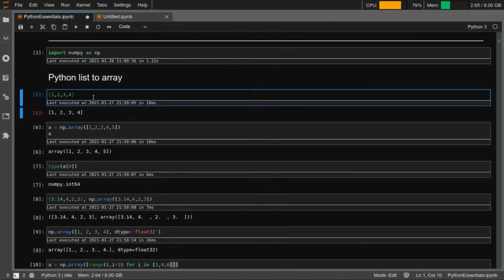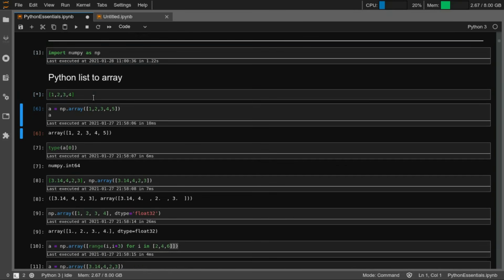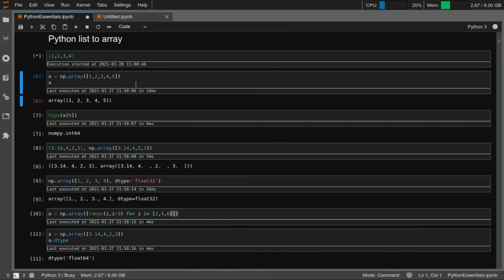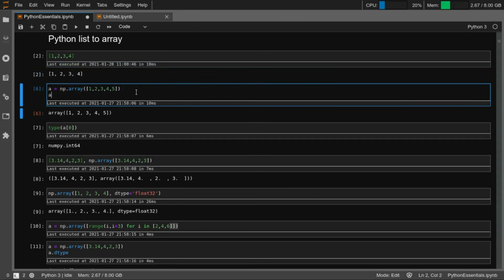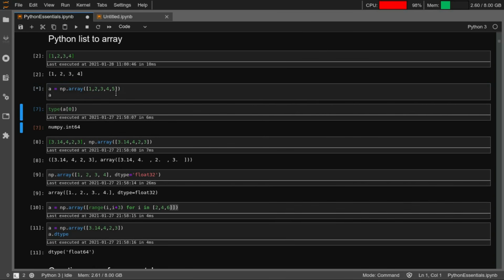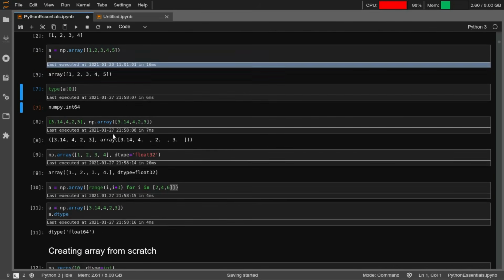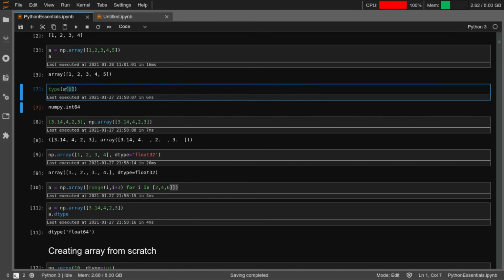So this is how you define a normal list in Python. It is as simple as that. And similarly, for defining a NumPy array, you just say np.array and you can enclose a list within it, right? And you can also find the type. There are a few more cells about indexing, but this indexing is similar to what you would have seen in a list. For accessing the first element in this array, you just say a of 0, right?